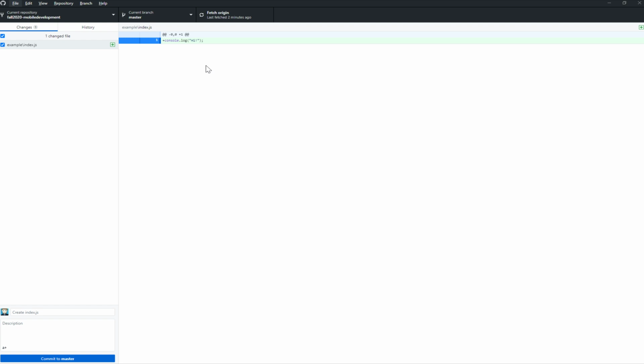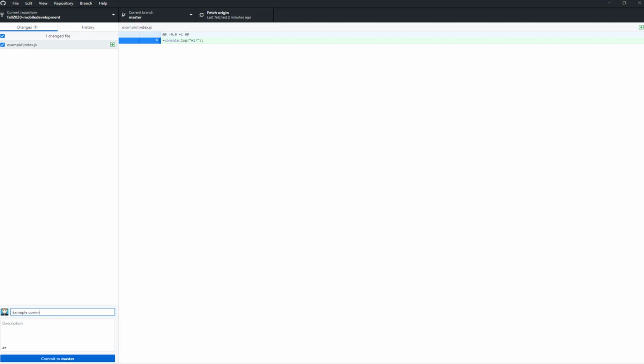Fantastic. Okay, so whenever we submit a commit to a repo, I have a local repository that is a clone, right? I have local files. Whenever I submit a commit, I need to give a summary and optionally a description, but it needs at least a summary. So what did I do this time? In this session where I changed code, I changed this file. And notice down here, it's smart enough to say, hey, we think that this is create_index.js, but that's not actually what I want the summary to say. So if I click in here, I'm going to say